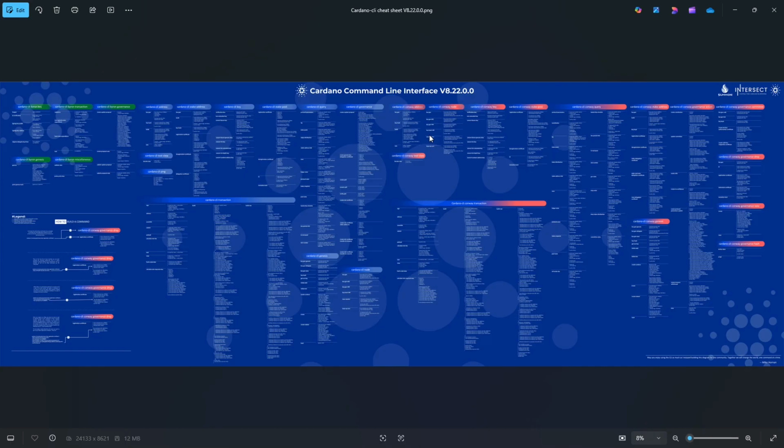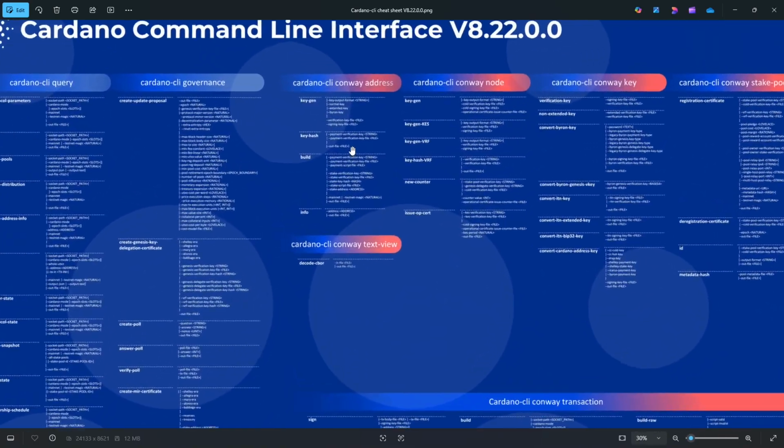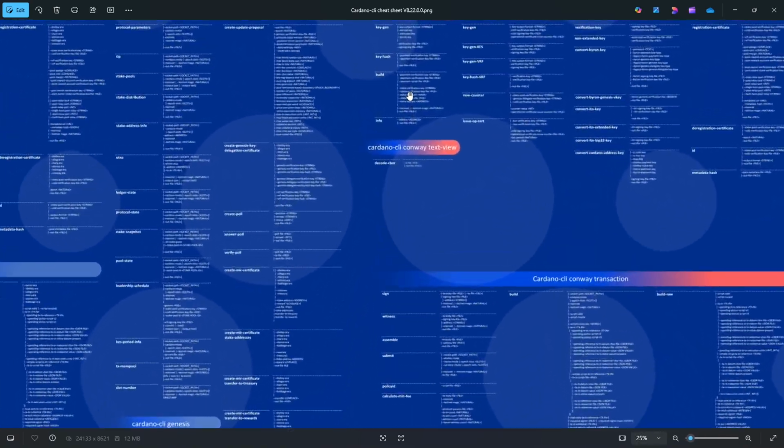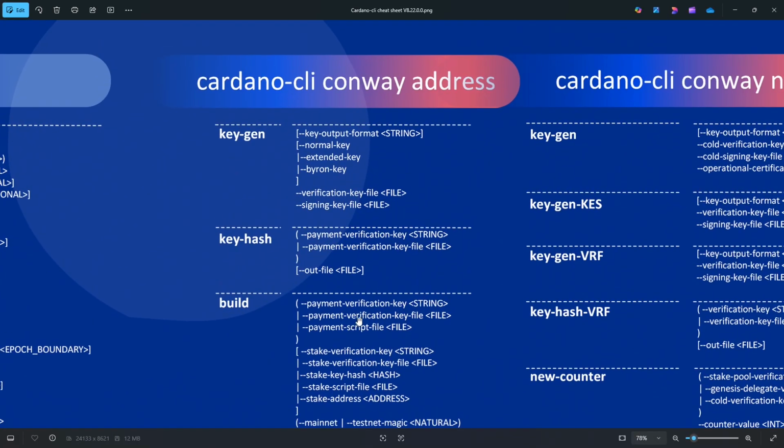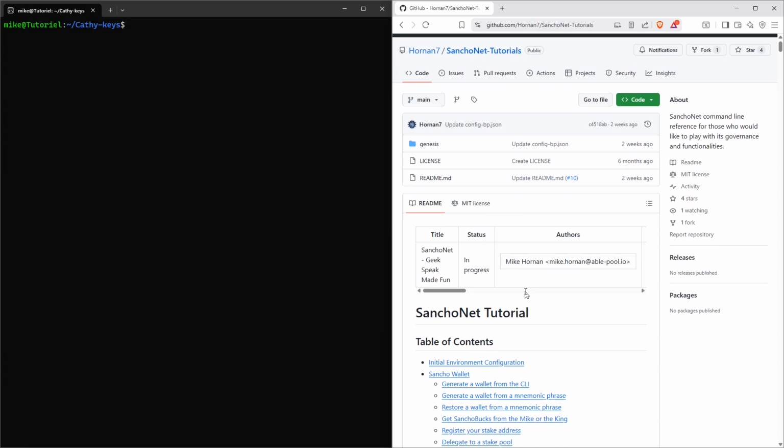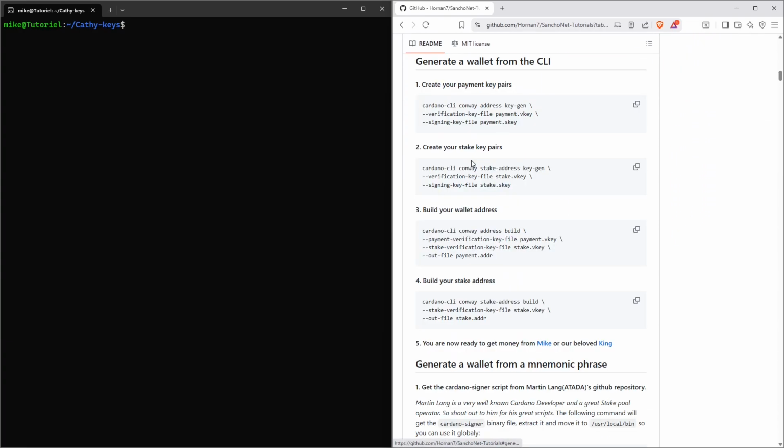That's version 8.22, which is very old, but as a matter of fact, all the commands are still the same ones. So there's not much change. We can still use it. I do still use it, actually. So let's go slowly but surely. I'll put that aside. I'll go to the tutorial